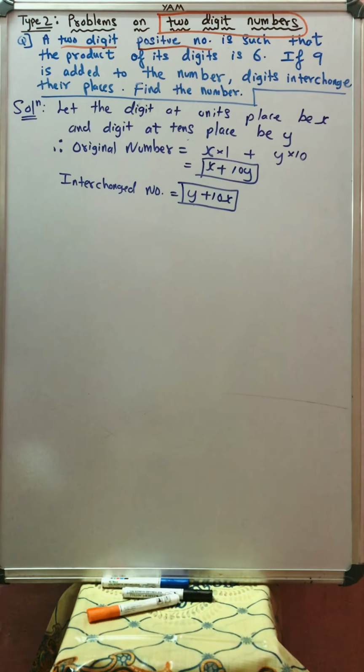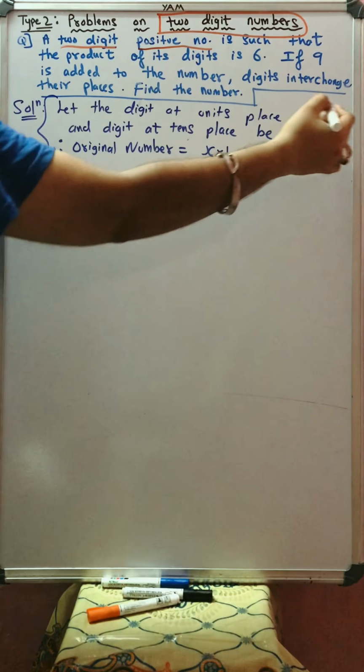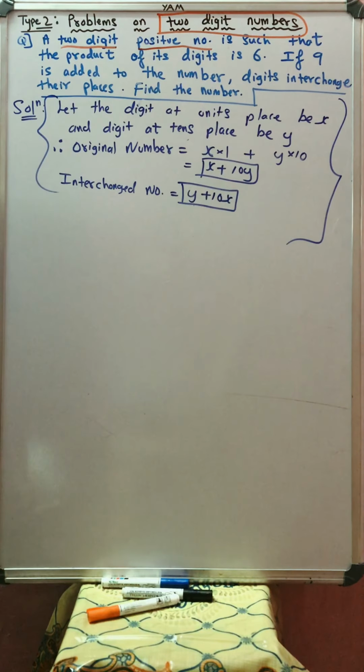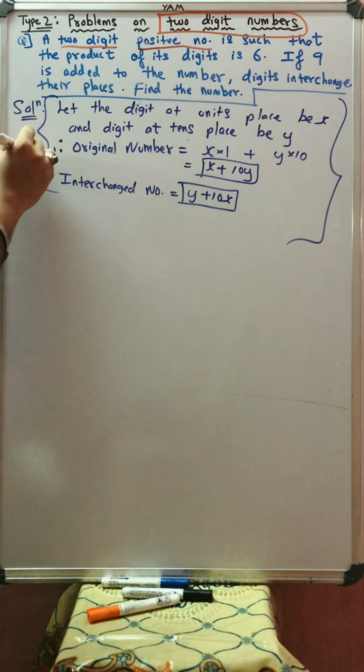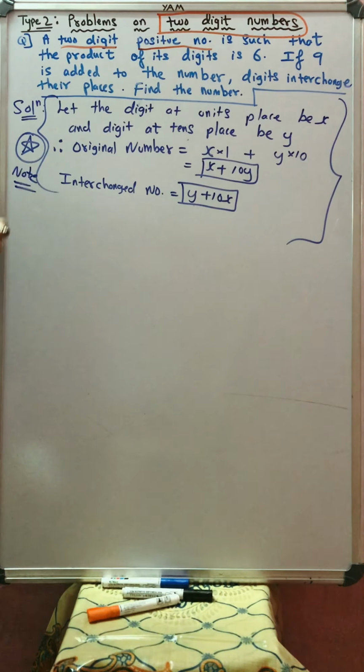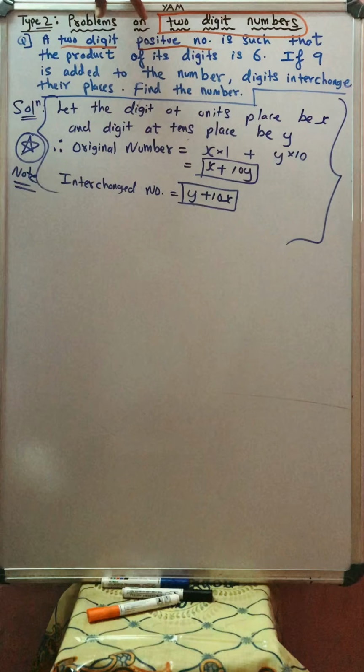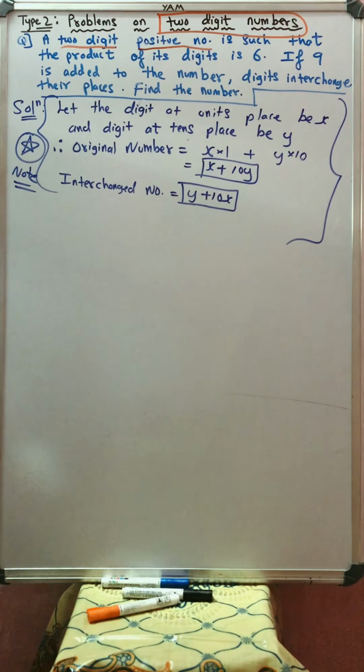Now pay attention, students. I'll mark a curly bracket over here, and I'll mark a star over here, and it's like a note for us. Whenever you come across or read the phrase 2-digit positive number in a question, you don't have to read anything else in the question. Always you have to do this much. I also have not read any part. I have just read a 2-digit number, so I started doing this.